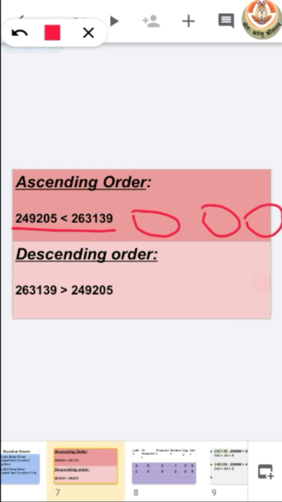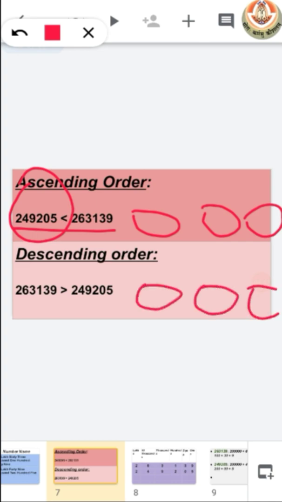Here you can see in ascending order 249205 came first, so in descending order 249205 came after. This is a case of only 2 pin codes, but when you have 5 pin codes, you have to place them in ascending and descending order.